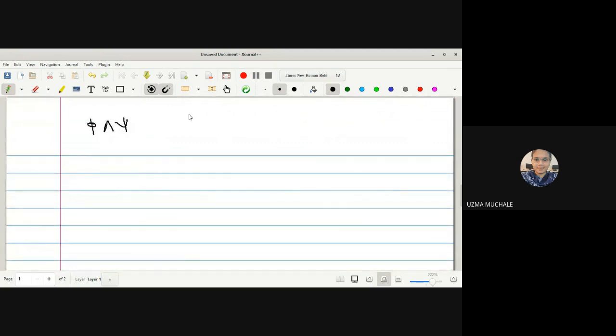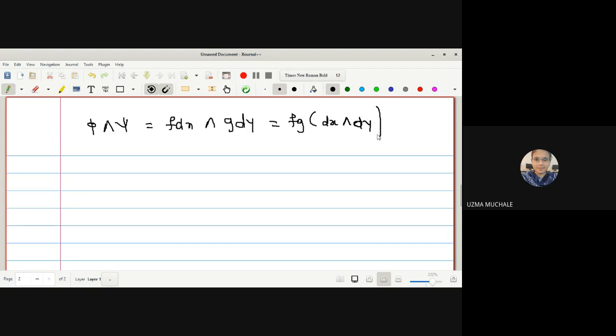Okay, what is 5h psi? Firstly, we'll write down what is phi. It is f dx, wedge product with g dy. So I can have f and g are real functions which are outside and we can say this is what dx wedge dy. Correct? Now if I operate d of 5h psi, see if you are having any difficulty at any step you can ask me. Okay, so I have to evaluate now this d of fg dx wedge product with dy. Right?